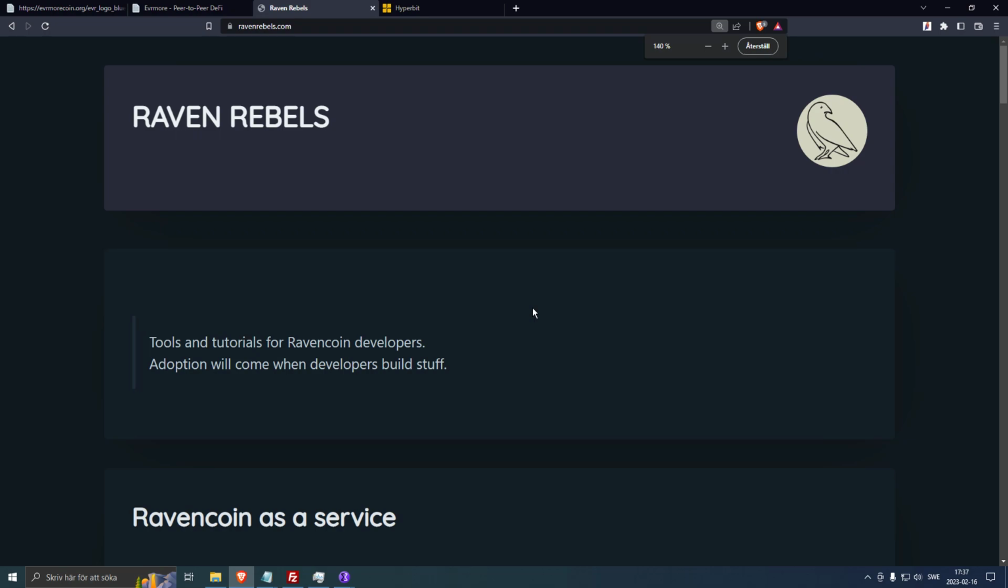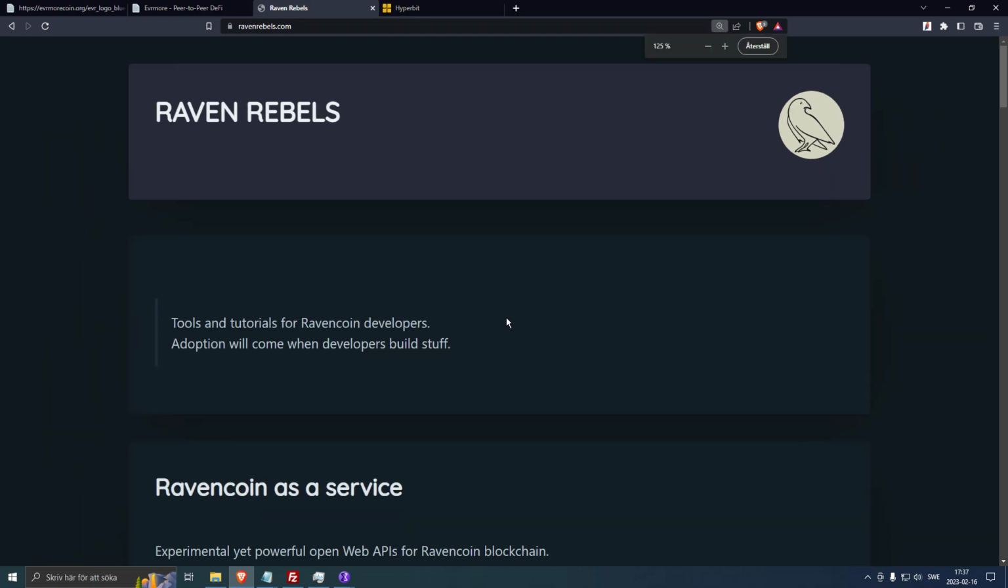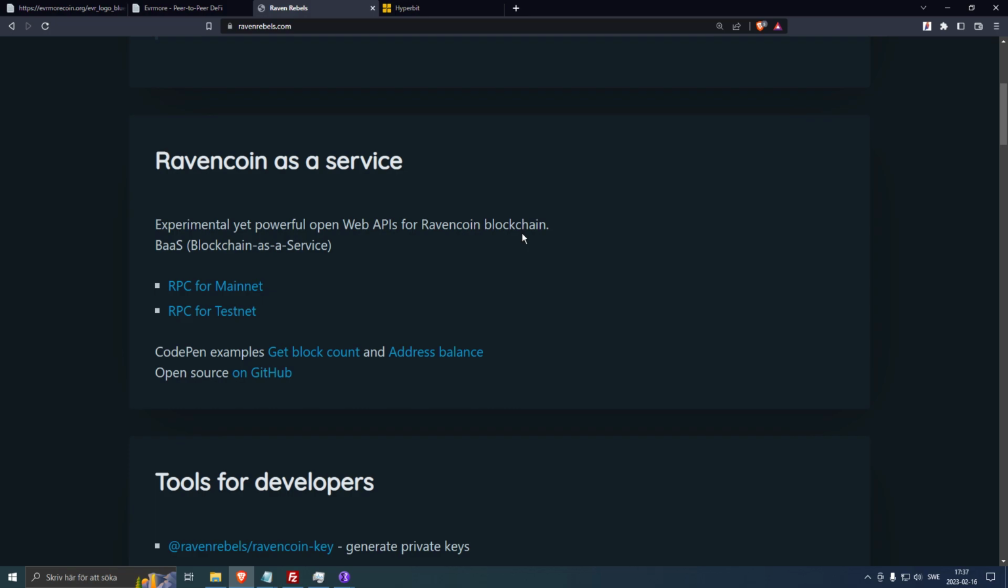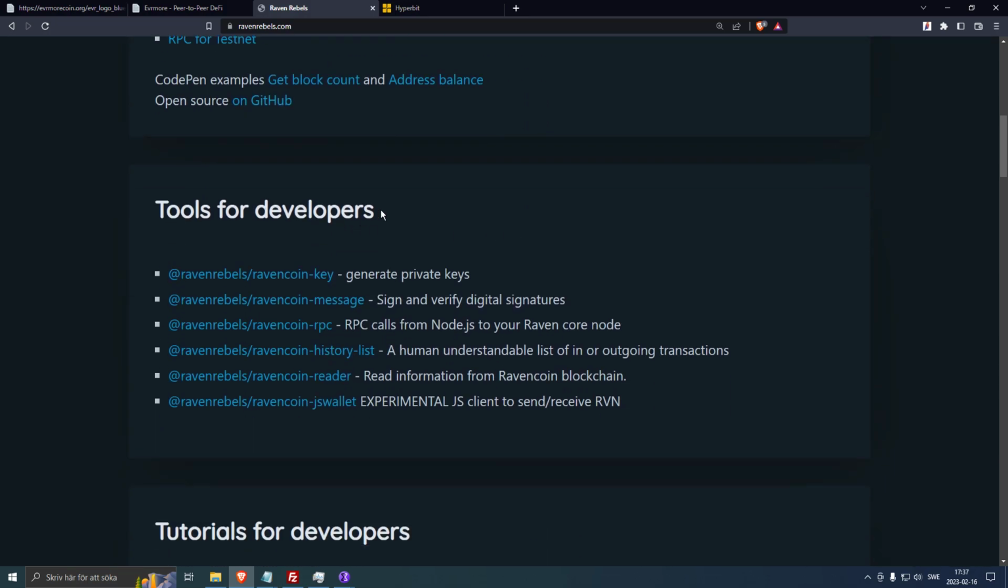Raven Rebels, let's zoom in. The sole purpose of Raven Rebels is to create tools and tutorials for developers. We believe that adoption will come when the developers build stuff, and we build for Ravencoin. But since Evrmore is a fork of Ravencoin, let's see if we can use the tools that we have for Ravencoin for Evrmore. And we see here that we have 6 npm packages, and we will use the